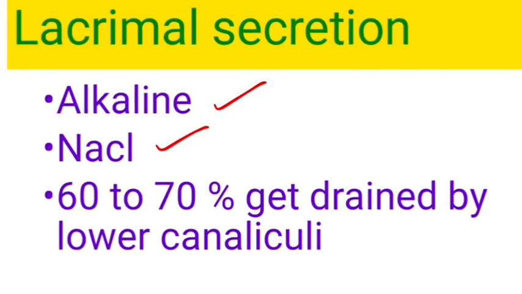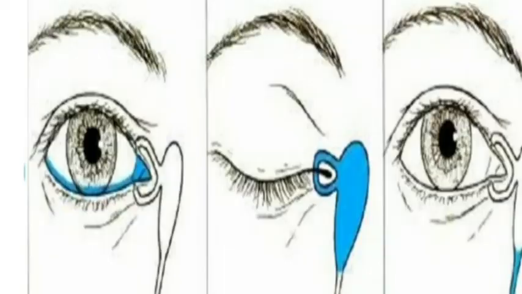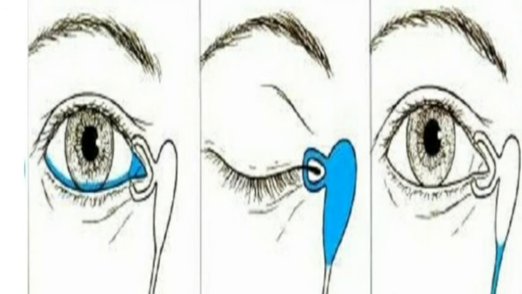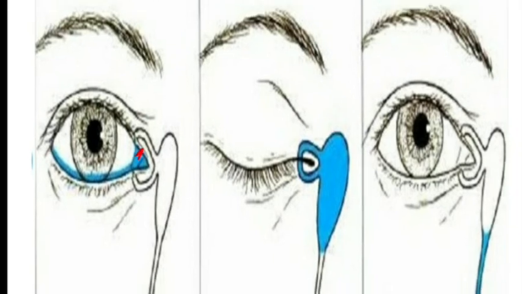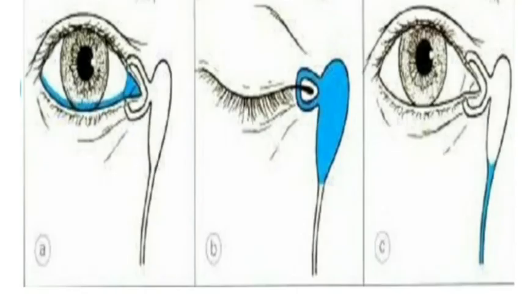Most of the tear film is lost by evaporation from the ocular surface, and the remaining is drained by the lacrimal apparatus. Of that, 70% is drained by the lower canaliculi and the remaining 30% by the upper canaliculi. So the tear film is secreted from the lacrimal gland and smears over the ocular surface, and that part of the tear film near the medial canthus is called the lacus lacrimalis, to which the punctum opens. Okay. So here the orbicularis oculi muscle plays a very important role in draining the tear film from the conjunctival sac to the nasolacrimal duct.